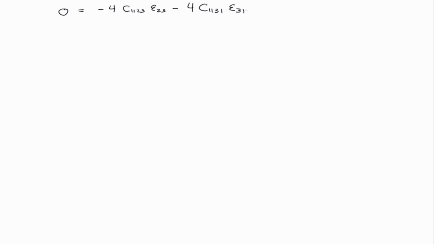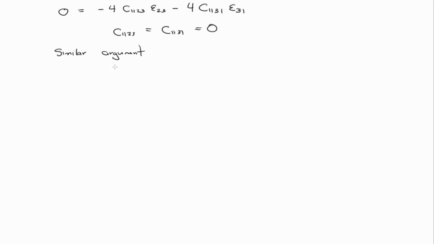And the only way it can be 0 is if sigma 1, 1, 2, 3 and sigma 1, 1, 3, 1 are equal to 0. So that's the only way that those two equations can be equal to one another. And so if that's the case, then we can go on and make similar arguments. I only wrote out there the sigma 1, 1 case. But if we wrote out the 2, 2 and the 3, 3, and went through and made all these arguments,